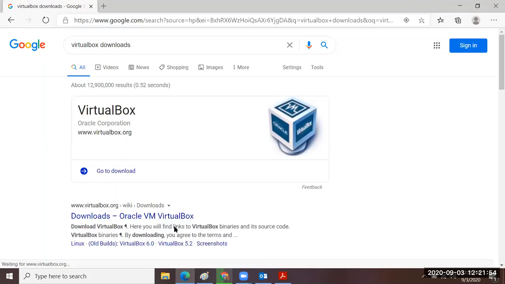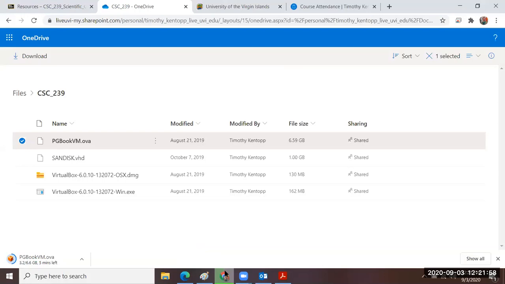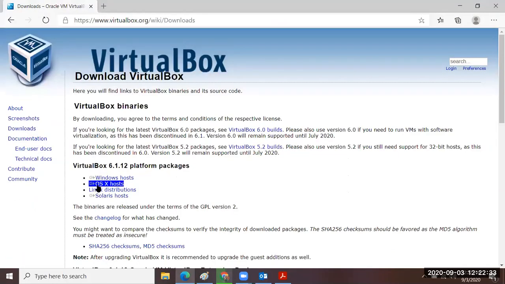When you get to this screen, you're going to find that these other resources have been removed because the versions have updated since then. If you have a Mac, you're going to go to the OS X hosts option and download the VirtualBox 6.1.12. If you're doing Windows, you're going to download the Windows host